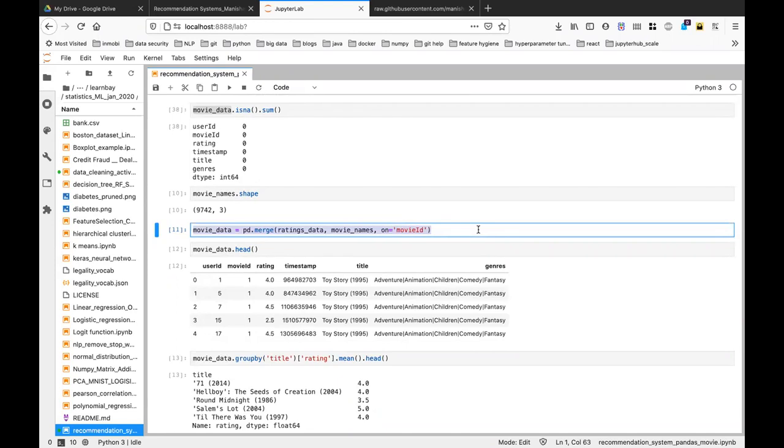So I'm trying to merge two data frames, which are ratings data and movie names, on the movie ID. Can you guys run this?